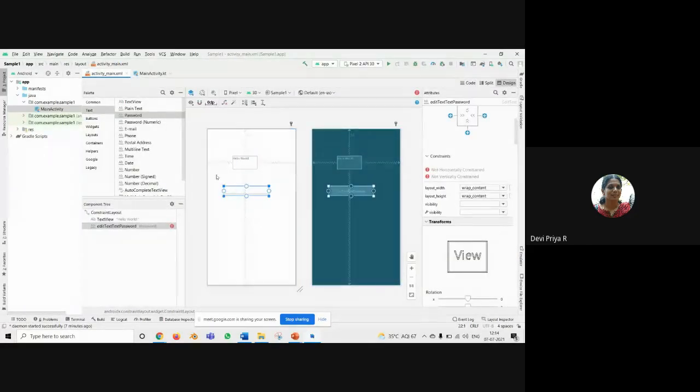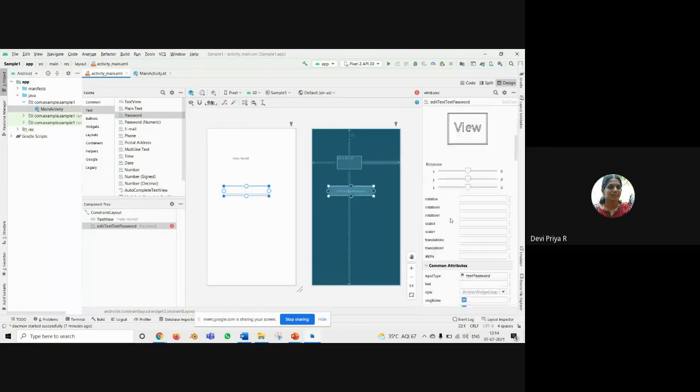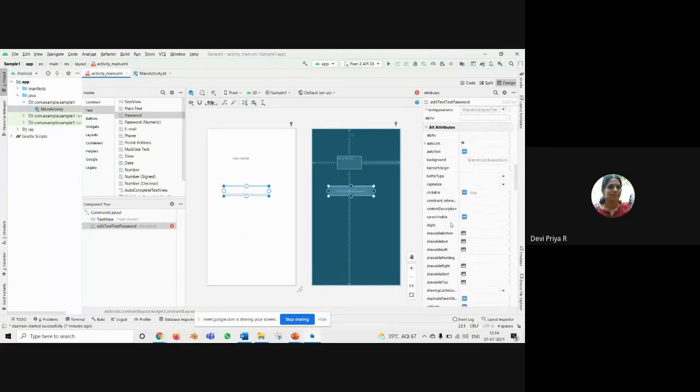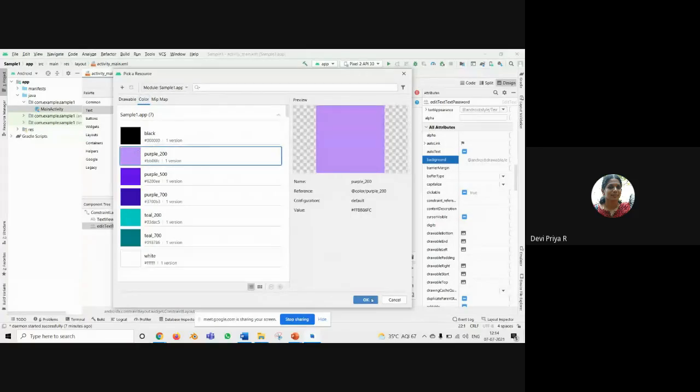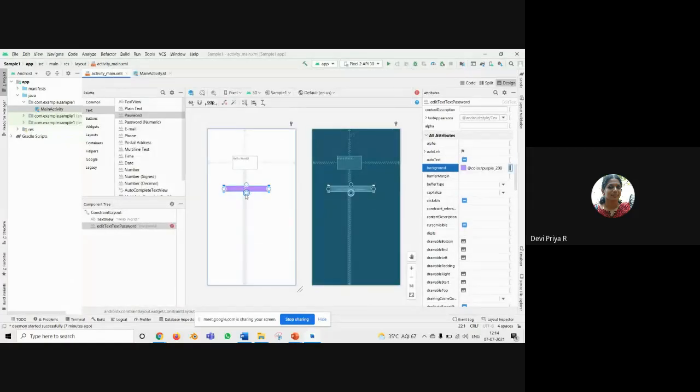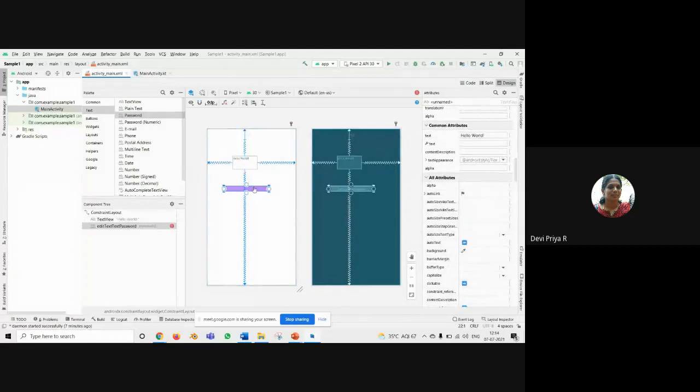And here, if you want to align all those things and properties, you can set the background color or foreground color of all those things. And here drawable, there are many options. You can choose any option for your box, and you can resize your button also.